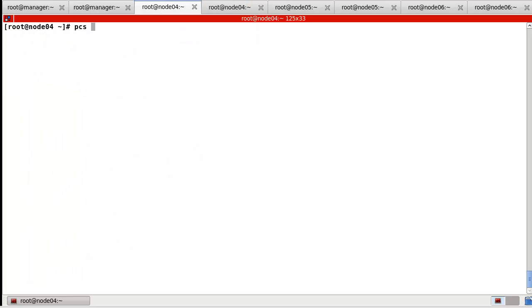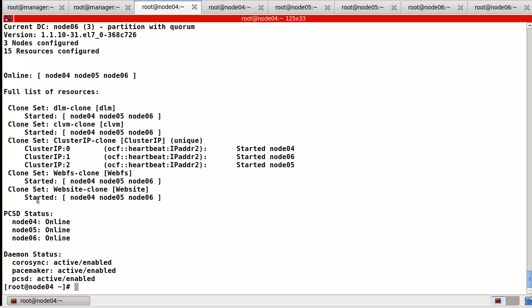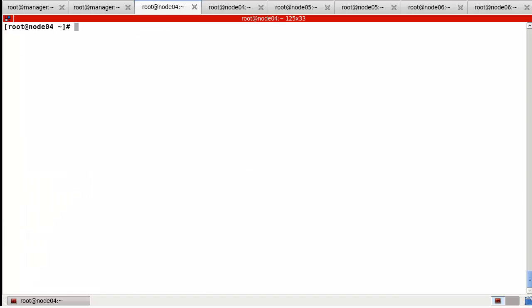And the last one, so let's check this one, website. So node 4, node 5, node 6. Okay, in case of node 4, let's check. So we cannot find any file. So here, let's create index.html.